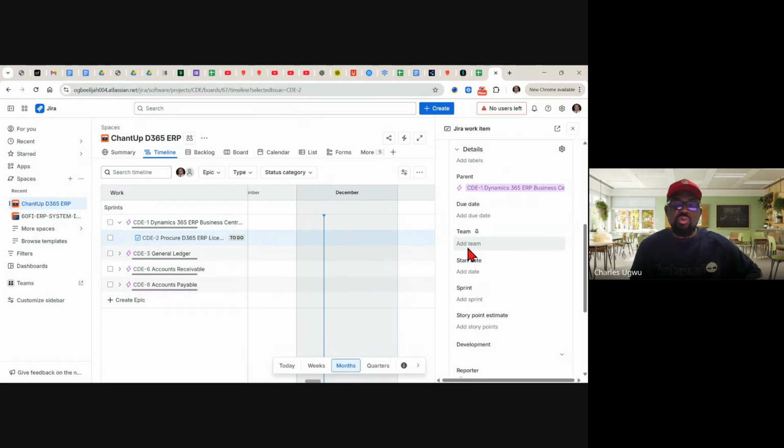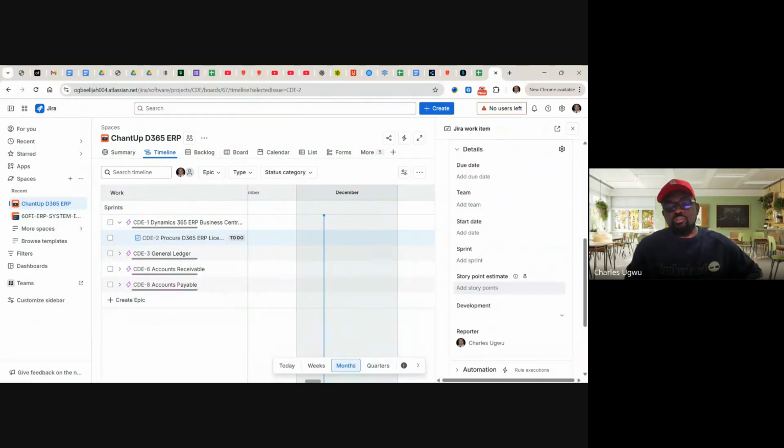I'm the only person working on this thing, so we can't add anything. But the story point is how complex the work is, and it helps us determine the size of the work.